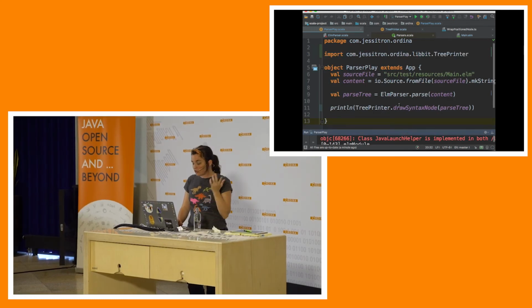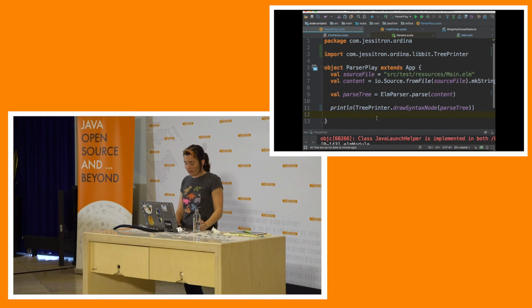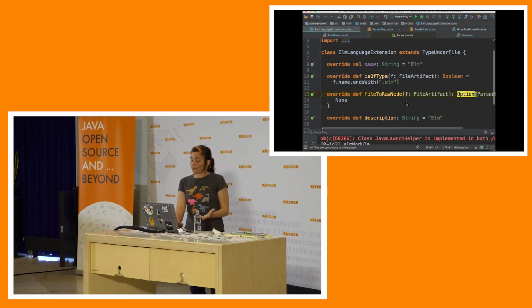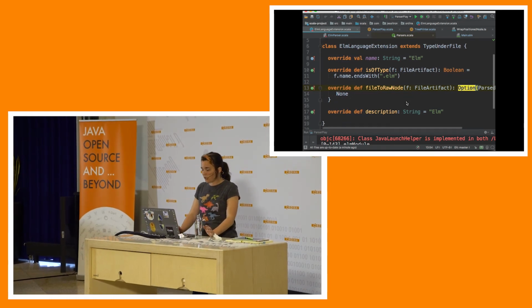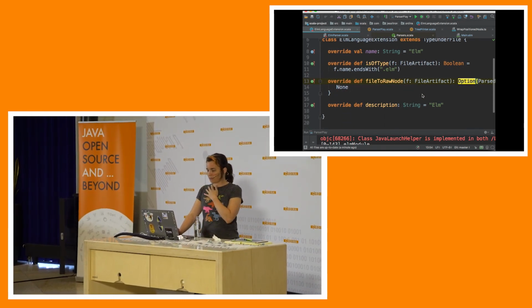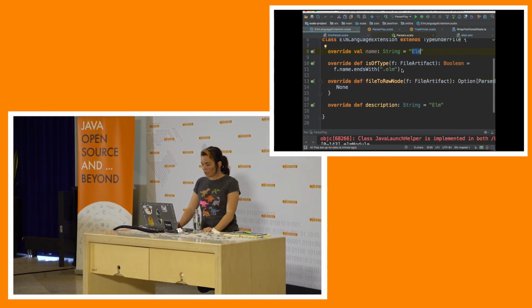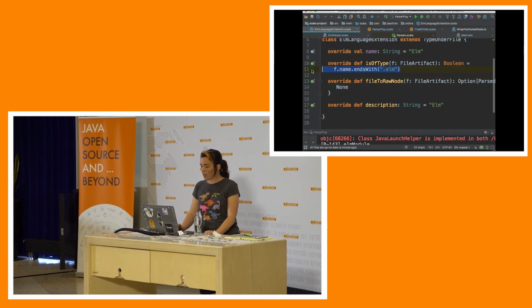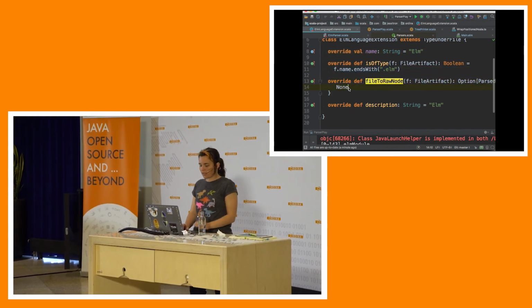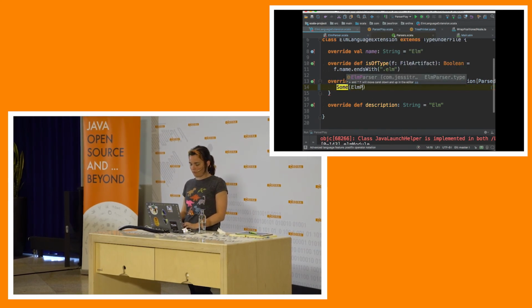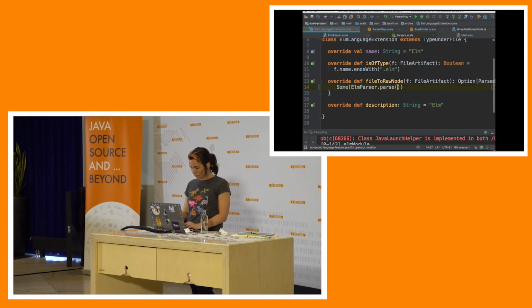Okay, in order to make this a Rug language extension and run a program with it, I make this file. Where does it go? ElmLanguageExtension.scala. So other than the parser, adding an extension to Rug is not too bad. I make this much code. I say it's named Elm. That's going to show up in the path expression, and it matches any file that ends with Elm. And then I can convert a file to a syntax node. Actually, it's an option of a parse node. So Some of whatever the Elm parser returns